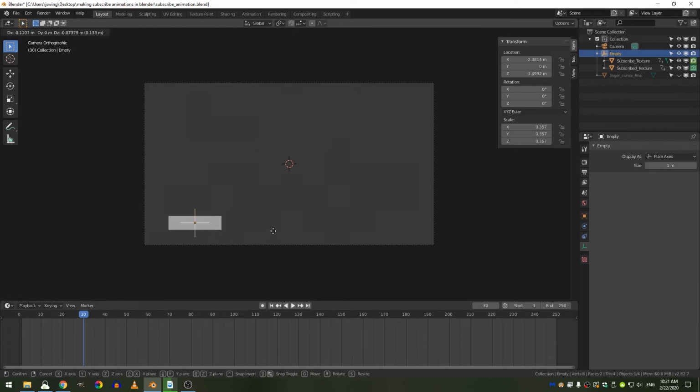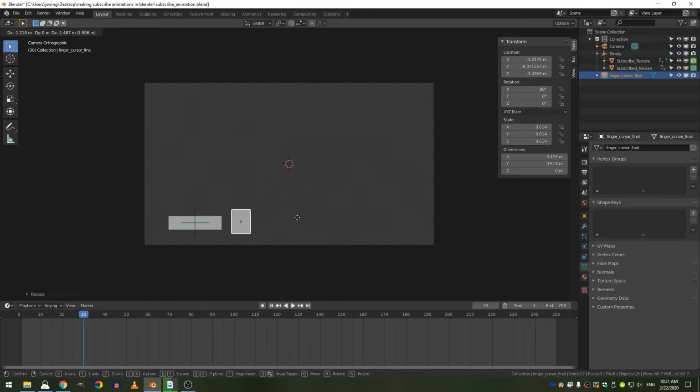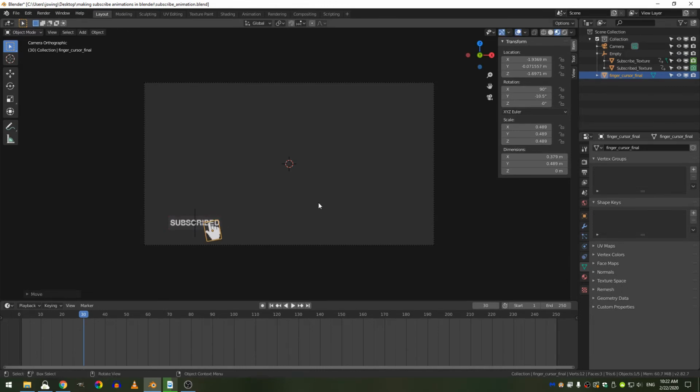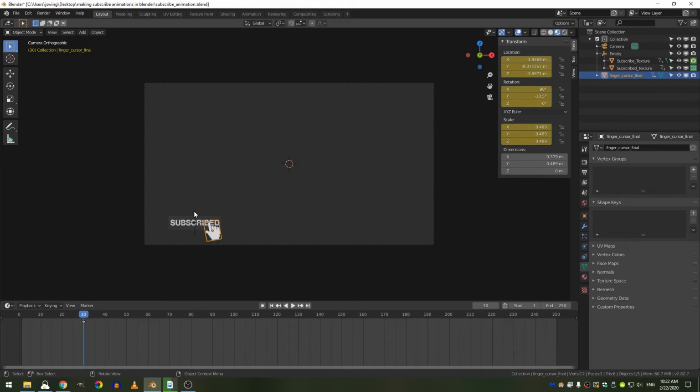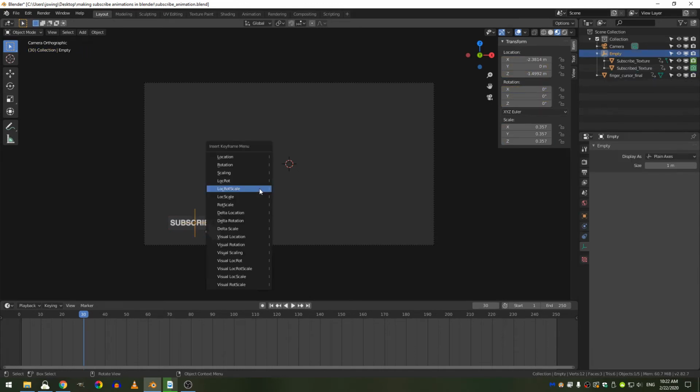Okay, so let's put it here in our left hand corner, and let's turn on our cursor, scale that down a little bit. Let's turn on the look dev here so that we get it right. Okay, so this is kind of where I'm going to be making this subscribe animation, is in the bottom left of the screen. So on frame 30, I'm going to hit I and location, I lock rot scale, location rotation, and scale,